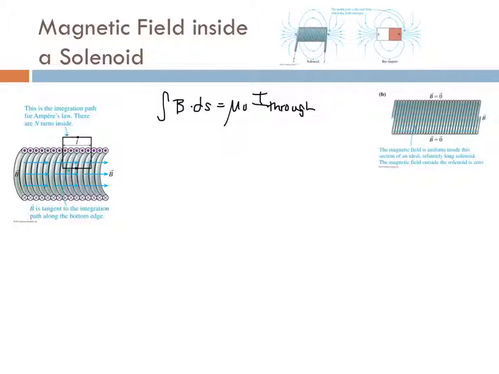So if I chose ds to come out of the page, then you would see that they'd be perpendicular, and we said that that would be equal to 0. So we need to choose our ds so that it's in the same direction as B. If that's true, then our magnetic field is going to be constant at all points. Our ds is just going to be L, the length of the solenoid,